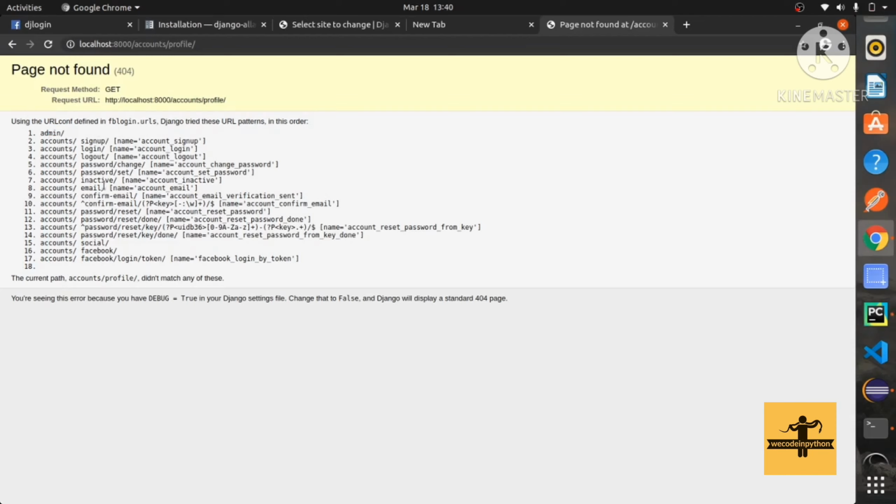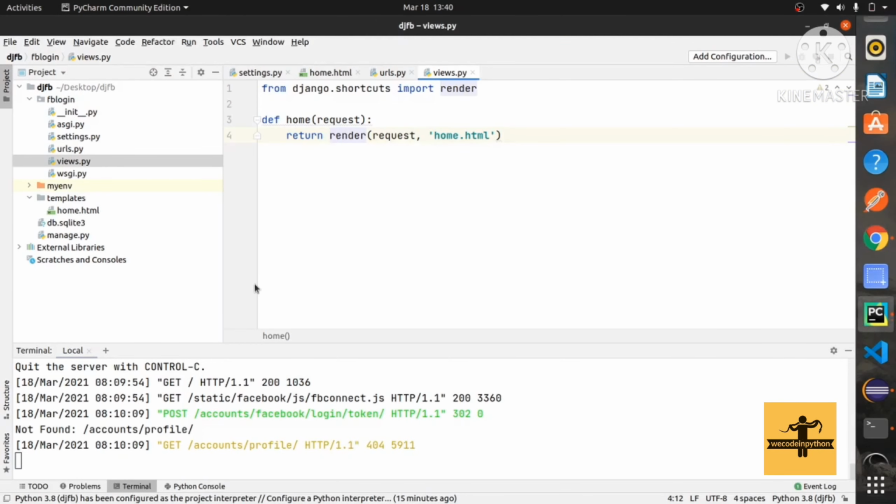We don't have any login redirect URL, so we have to create a login redirect URL. After that our information should be displayed there. So we will have to create a URL in the view, and we must have a template as well.